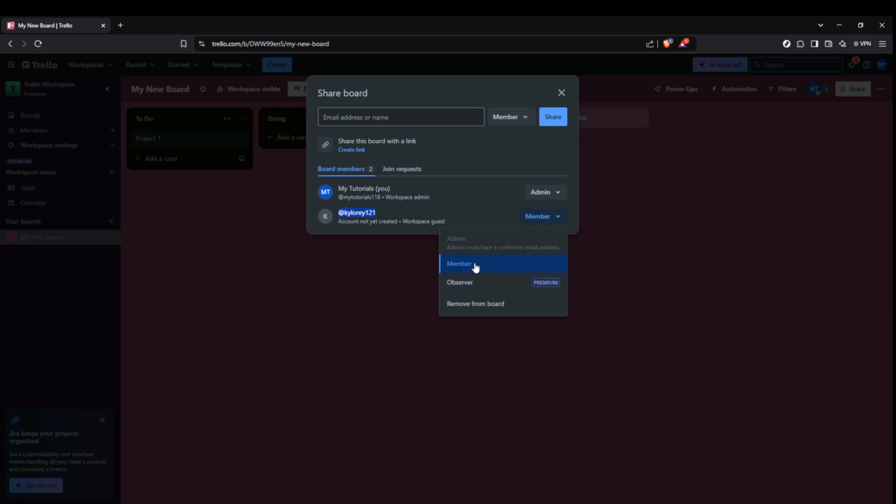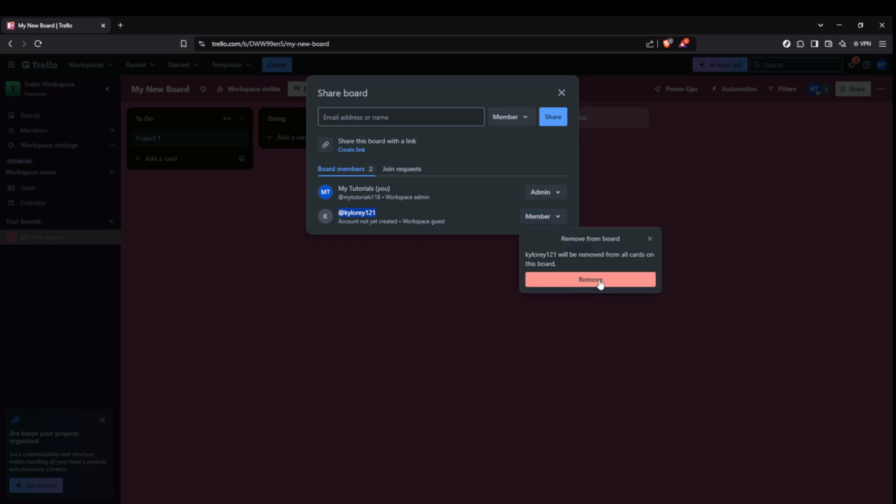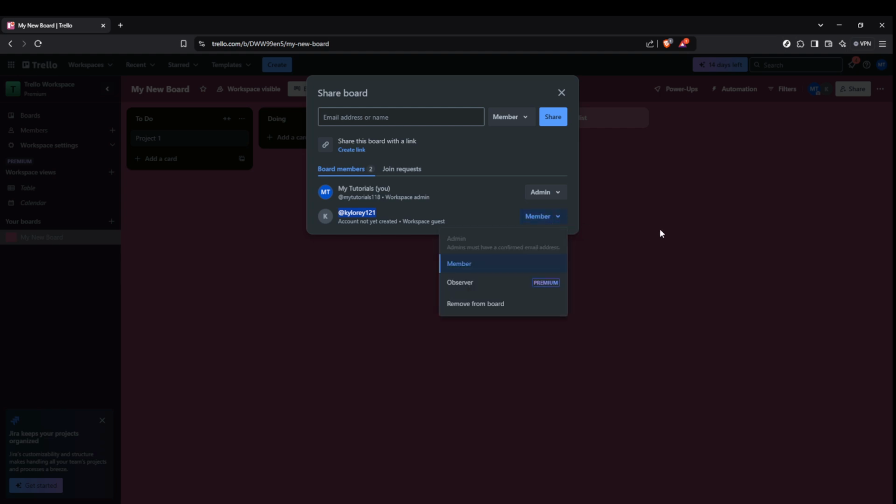Should you need to remove someone from the board entirely, the option to remove will be right there in the drop-down menu. Just click it and they will no longer have access to your board. For situations where someone only needs to view the board without making any changes, you can assign them as an observer. This setting is particularly useful for sharing progress or obtaining feedback from stakeholders who do not need to interact